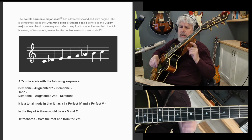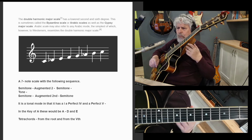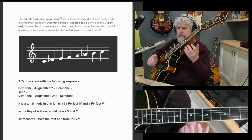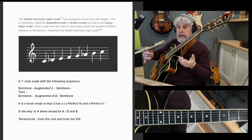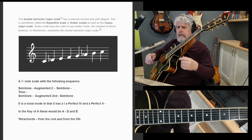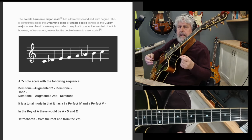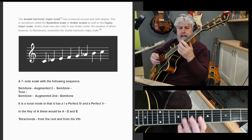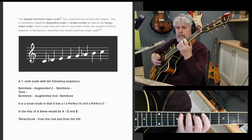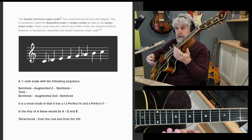Now, when they say harmonic here, it's a bit of an erroneous word definition, because the original reason for the harmonic scale was to create a harmonic result. And I don't think this is deliberately created for a harmonic result. So really what they're saying is this scale has 2 augmented seconds in it, right? The harmonic minor scale only has that 1 augmented second, and that gives it its very ethnic Middle Eastern quality,